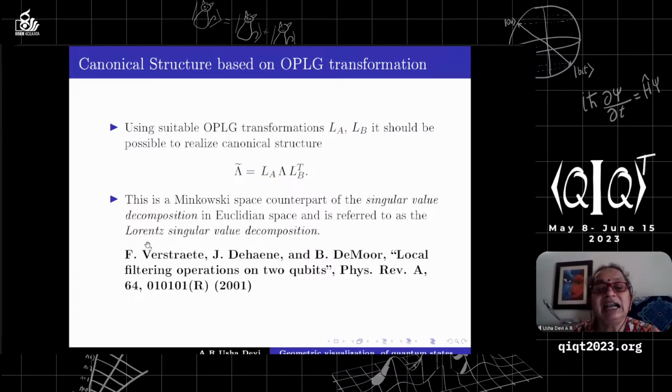This is also called the Lorentz singular value decomposition, which was first mentioned in 2001 by Verstraete et al. But this work did not give a clear calculation. Can I calculate the Lorentz canonical form? That was not available at hand. So one would make use of their representation and go ahead, but one wouldn't be able to analytically calculate such